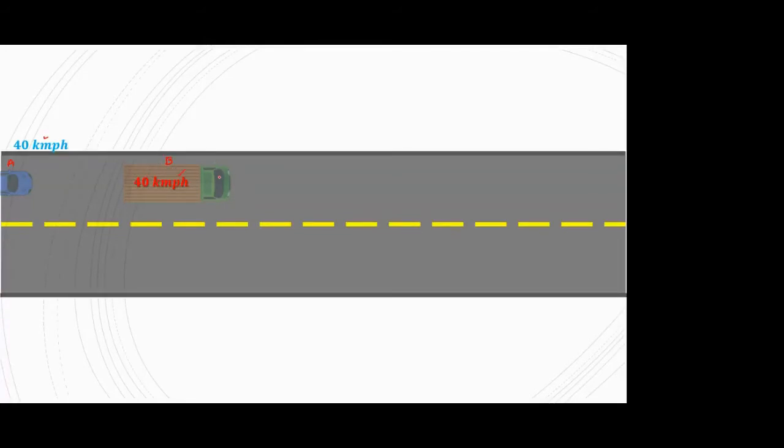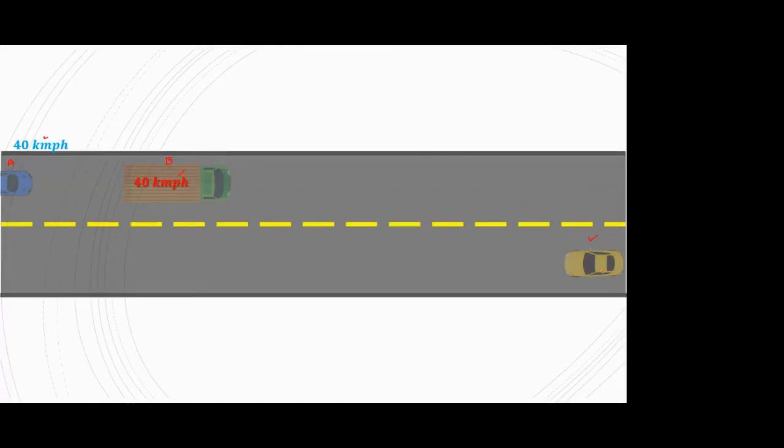Okay. While looking for an opportunity to overtake the truck, the driver of car A saw another car C coming from the opposite direction. So at this instance, the driver of car A was looking for an opportunity, he has not yet decided to overtake. At the same time, he saw a car C coming from the opposite direction. Okay, so this is the car C.